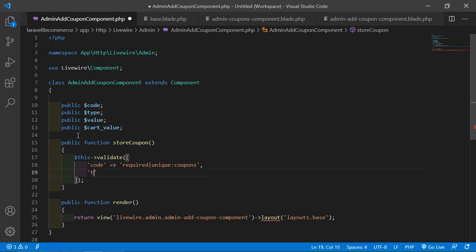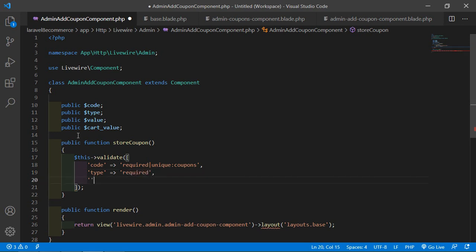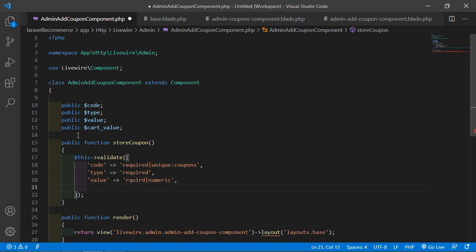All right, another column which is type, add the validation required, third column which is value, validation required pipe sign numeric. Okay, and fourth column which is cart_value and required.